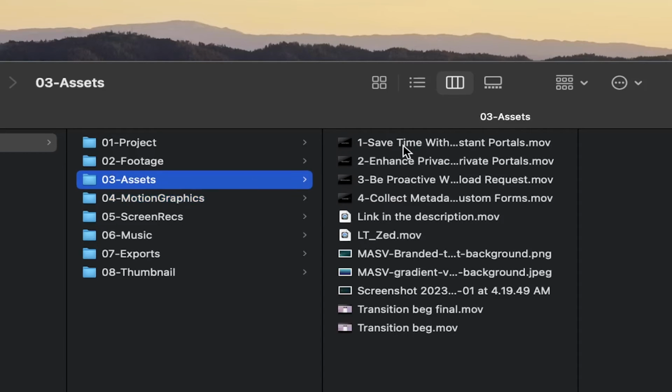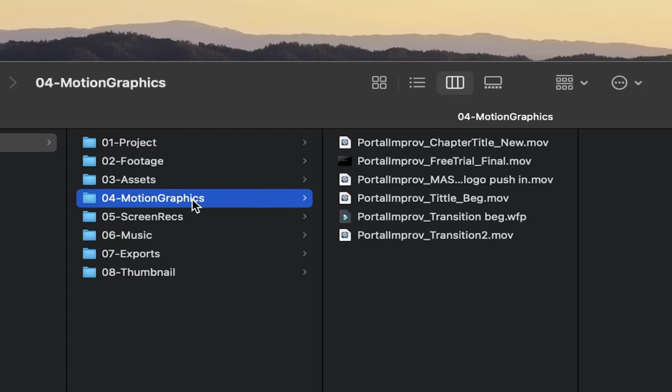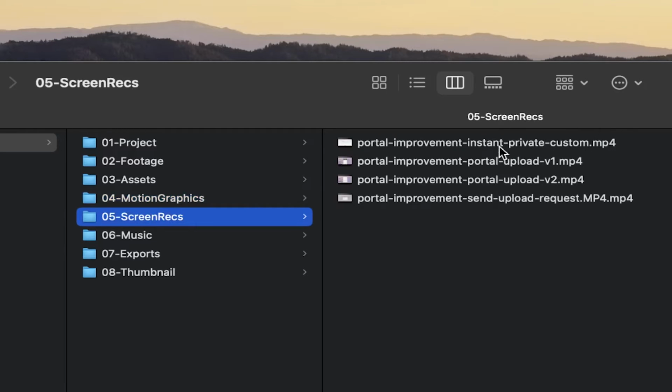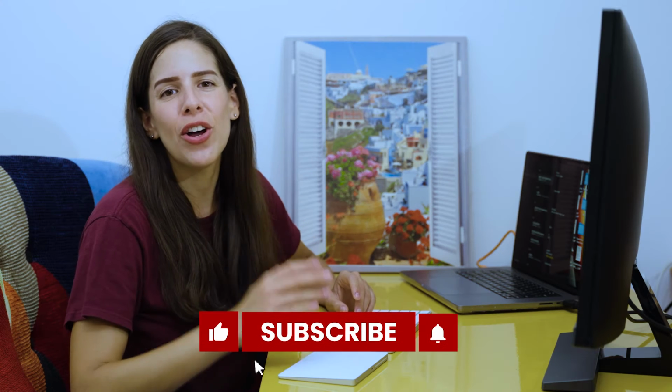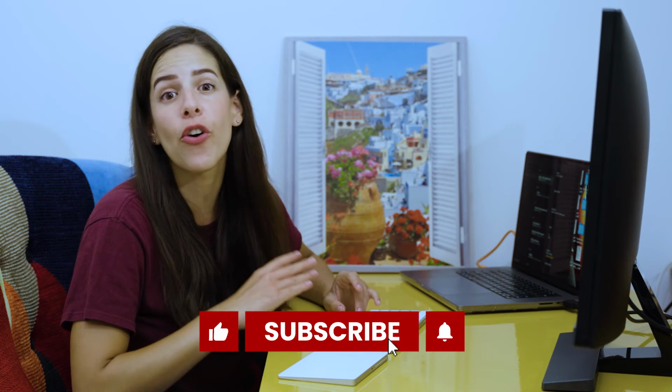In Assets, I put any still, graphic, picture, or video export used as an asset in After Effects. In the Motion Graphics folder, I store any exports from After Effects, such as animated titles, intros, or transitions. Next, I have the folder Screen Recs, which may or may not be necessary depending on the videos you produce. I use a lot of them for these kinds of YouTube videos, so I keep a specific folder for anything